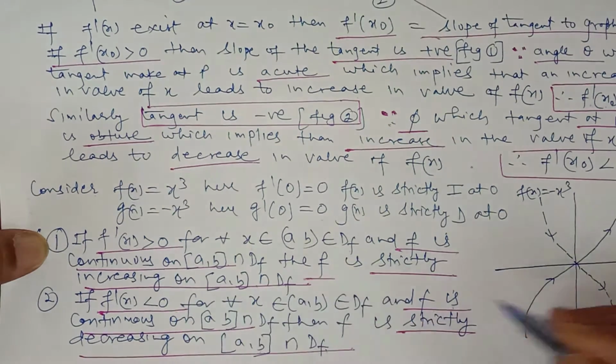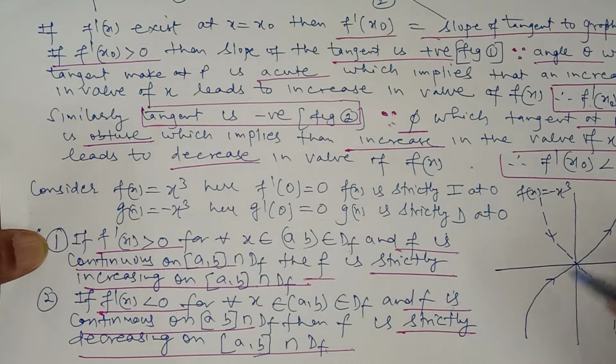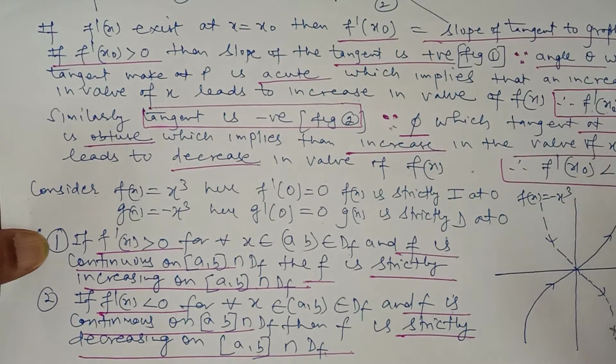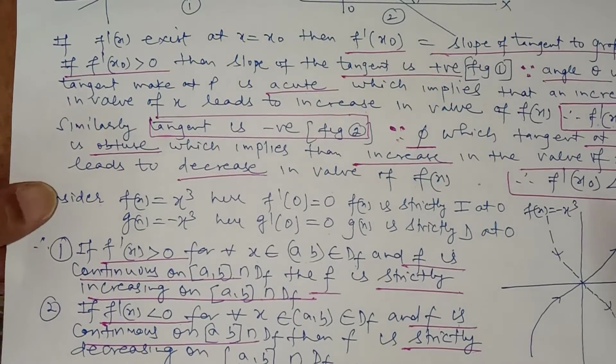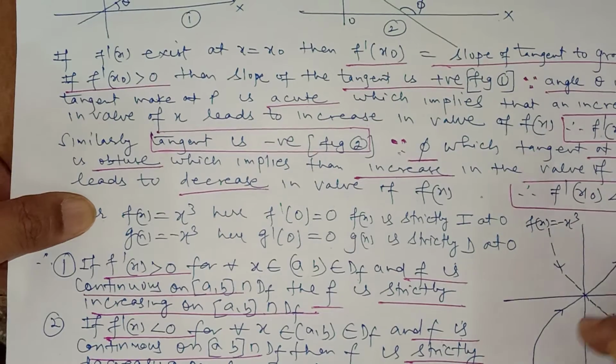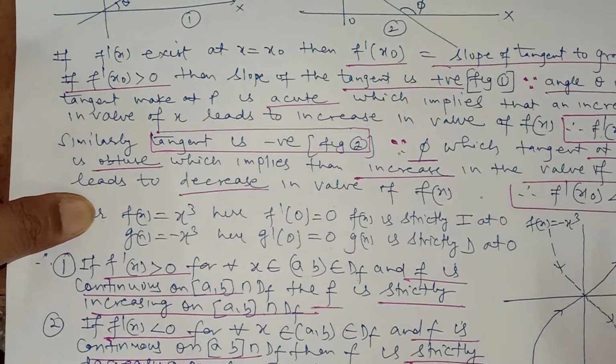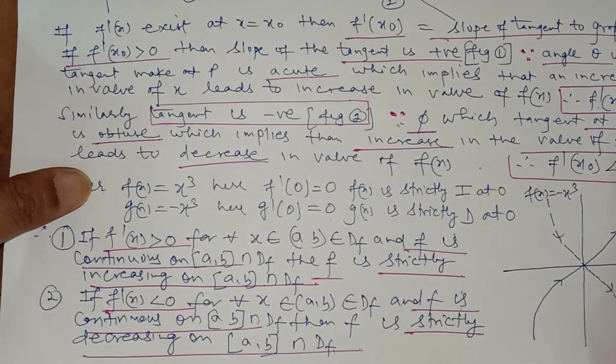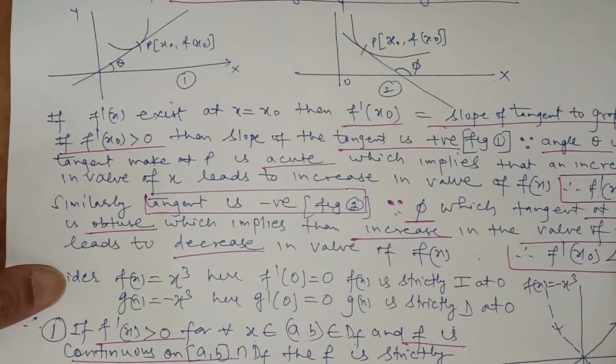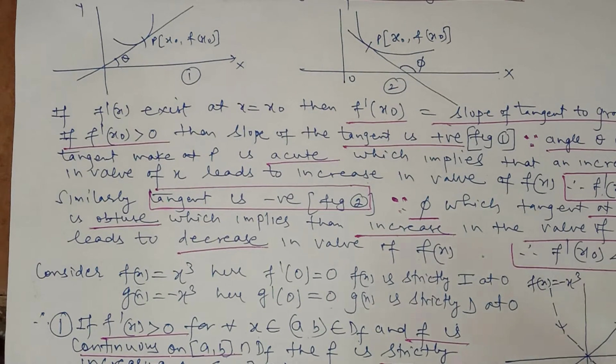If f'(x) is positive, it is strictly increasing, and it should be a continuous function. Then we say it is a strictly increasing or decreasing function. Strictly increasing because it is a continuous function. It is a decreasing function, and it is also continuous, so it is strictly decreasing. So in a nutshell, the function is increasing if its first derivative is positive, and decreasing if its first derivative is less than 0. To prove it is strictly so, you have to prove that it is a continuous function.